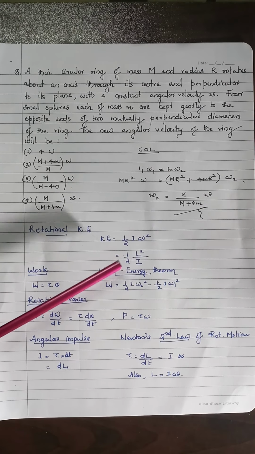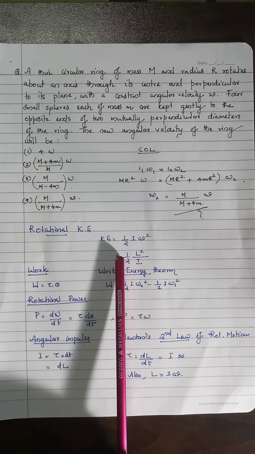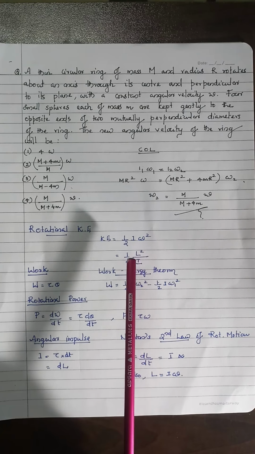You must go through the relevant, very important relations. In place of linear kinetic energy half m v square, here the term is half I omega square. And there the mass is replaced